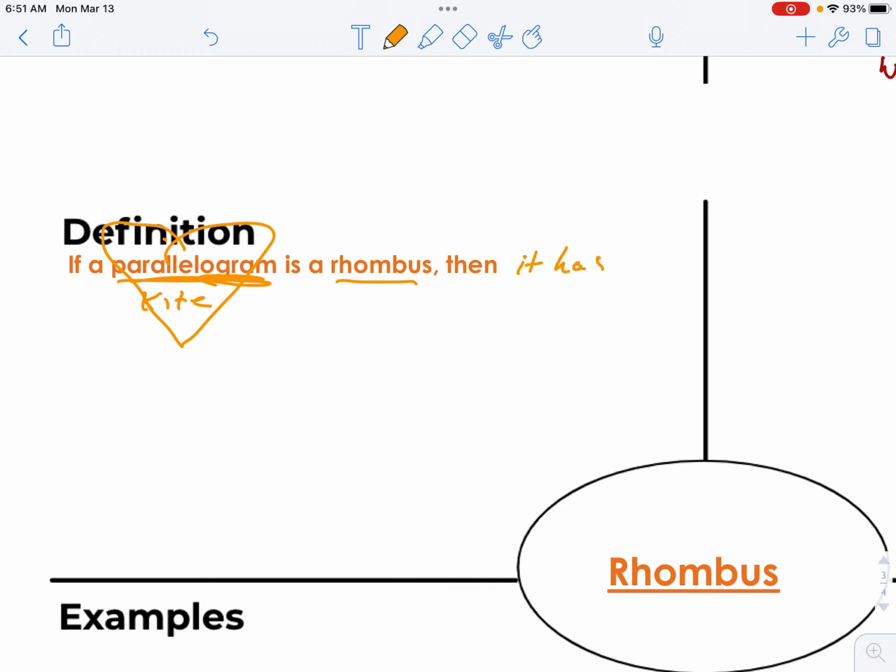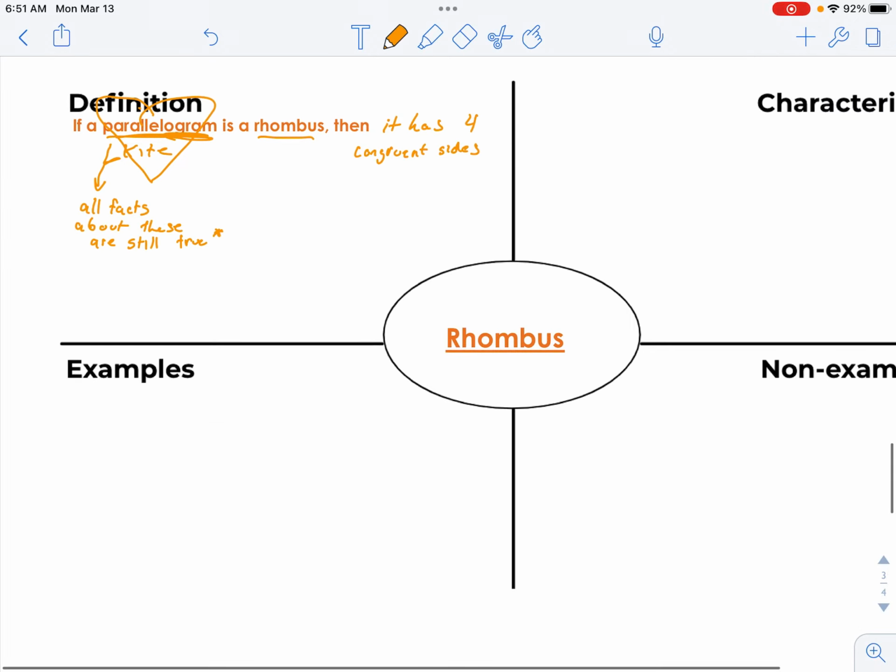Then it has four congruent sides. All right. And then just to emphasize, all facts about these are still true. I'll put like a little asterisk because like with a kite, you remember it could go concave or convex. A rhombus, this is the quote-unquote diamond that you guys think is a shape. It's not a diamond. If I can draw it,